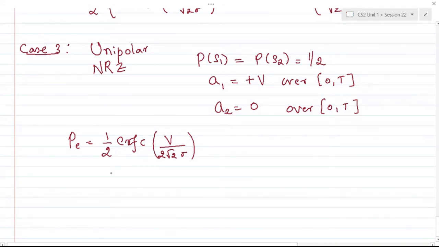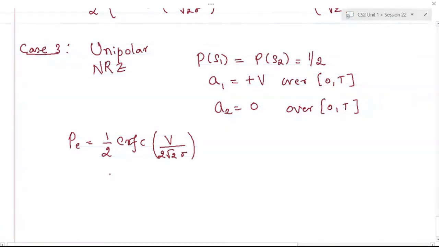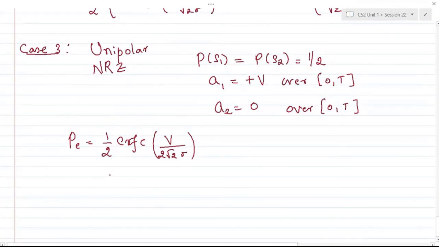So what would happen with the RZ scheme? Can you guess what the problem is in applying this expression of probability of error to return to zero schemes? For the return to zero case, we should have the information of the symbol period. We should know the duty cycle of return to zero, whether it is 50% or 60%, and at what time it is returning back to zero. In the sense, the probability of error expression should have the information of the symbol period. So we cannot apply the probability of error expression that we have just defined to the return to zero cases, but it's totally fine for NRZ schemes.